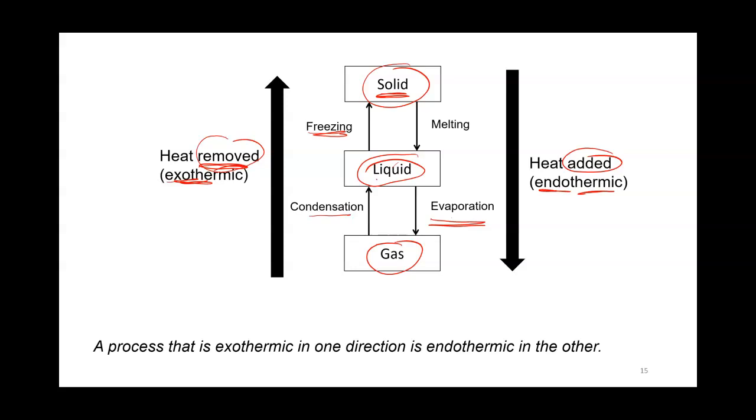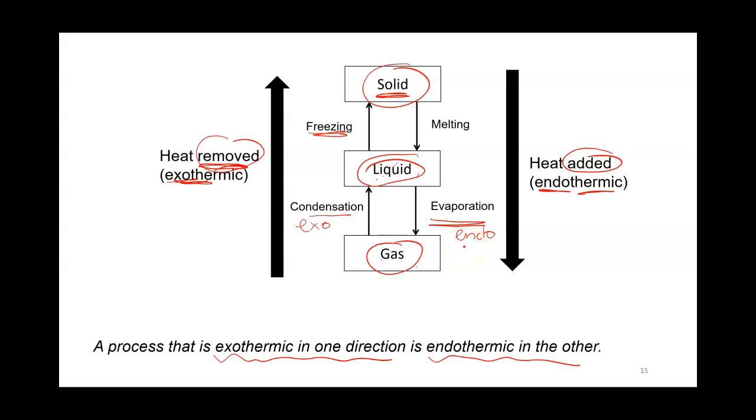And again, we'll talk about that term exothermic later on. The important thing to note at this point is that if a process is exothermic in one direction, then it is endothermic in the other. So going from a gas to a liquid is exothermic, but going from a liquid to a gas